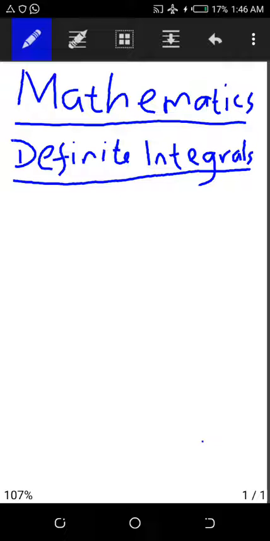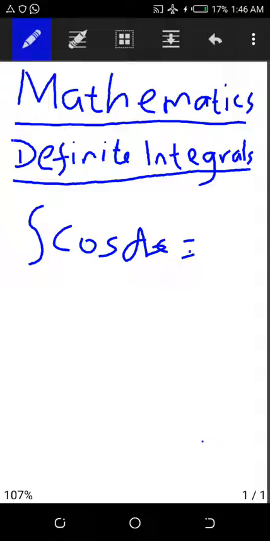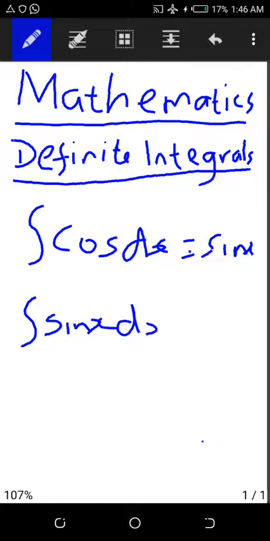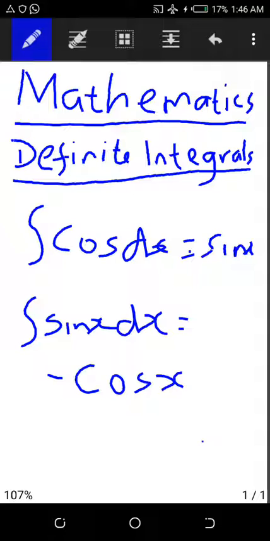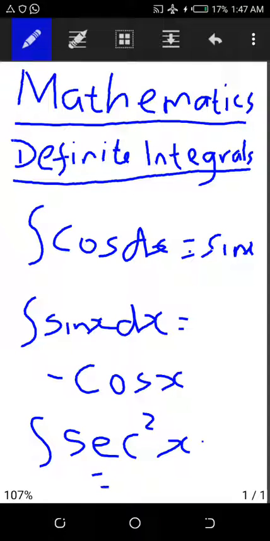For example, you should know that the integral of cos x with respect to x is equal to sine x, and that the integral of sine x with respect to x is equal to minus cos x, and that the integral of sec square x is equal to tan